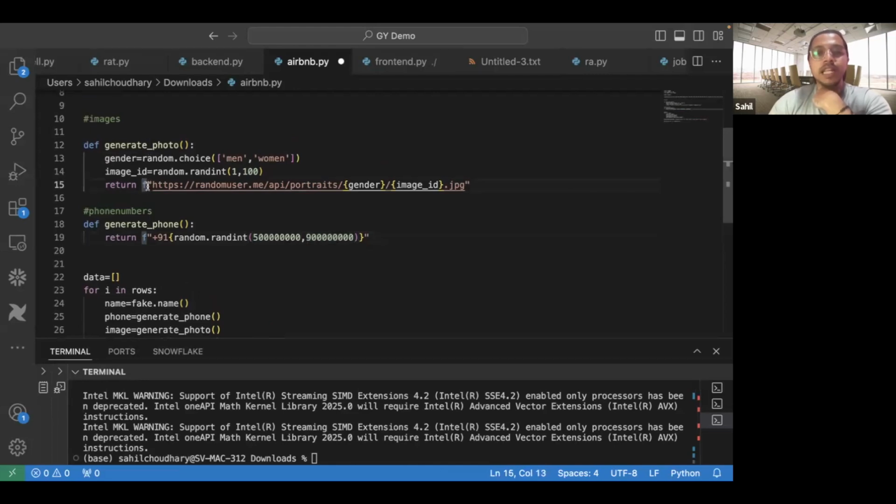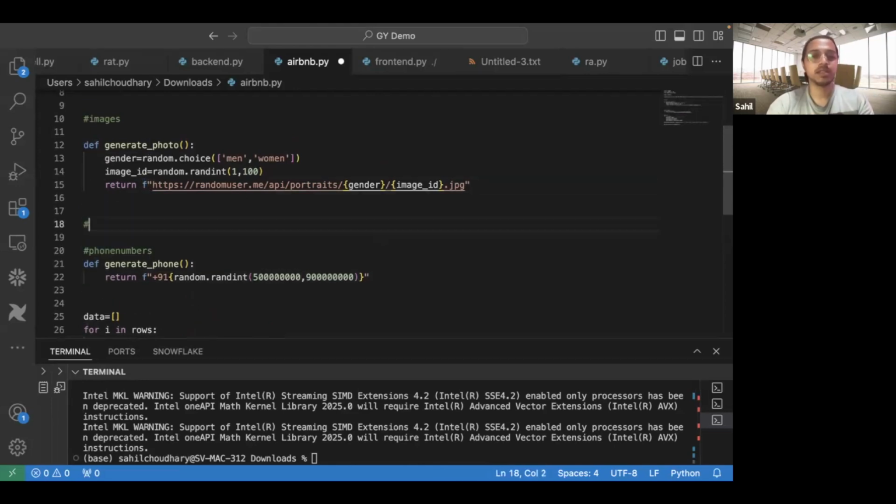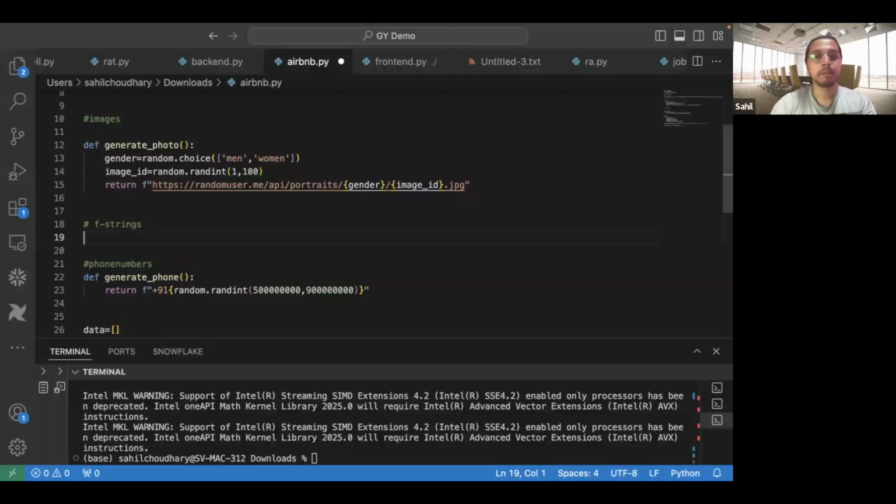For the people who are asking what f is representing here, in Python there is a thing called f strings. This is a very useful concept, slightly advanced, I would say; not a lot of people know about it. So let's say I wanted to